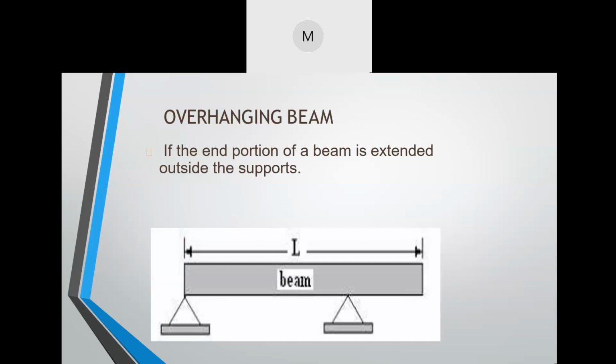The overhanging beam has support at one end, and it is overhanging at the other end. If you can see this one, this is called an overhanging beam. Then